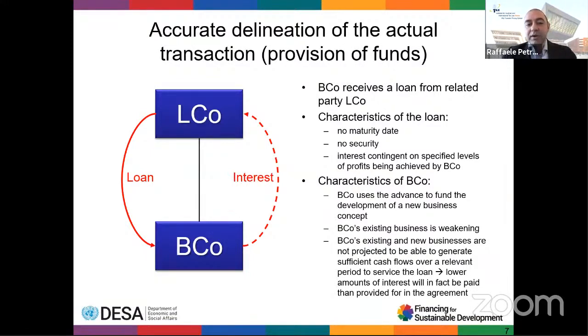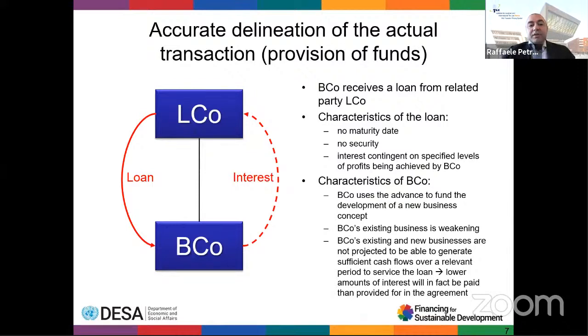Then we go further and we look at the characteristics of the borrower, BICO, and we see that BICO uses the funds in order to develop a new business concept, nothing wrong with that. But also we see that BICO's existing business is weakening. So the business of BICO is not doing that great. And also the existing and the new businesses of BICO are not projected to be able to generate sufficient cash flows to repay the loan. So a lower amount of the interest will in fact be paid rather than the amount that was initially agreed